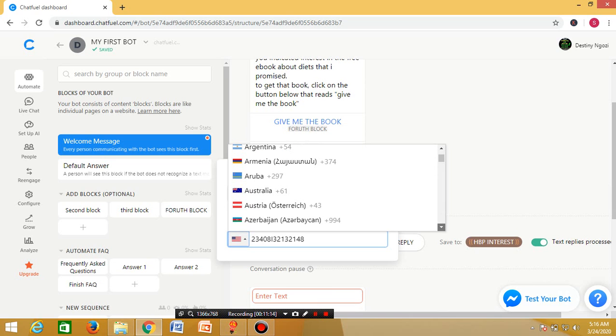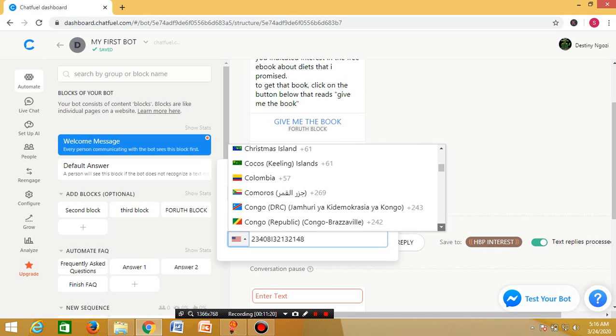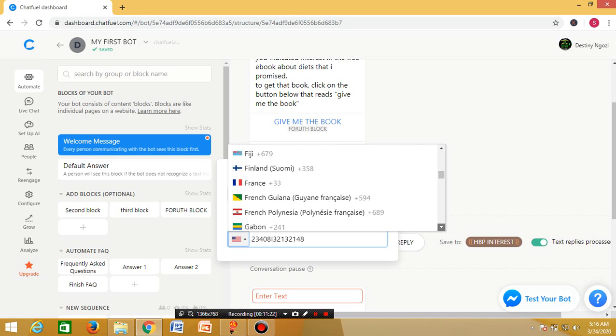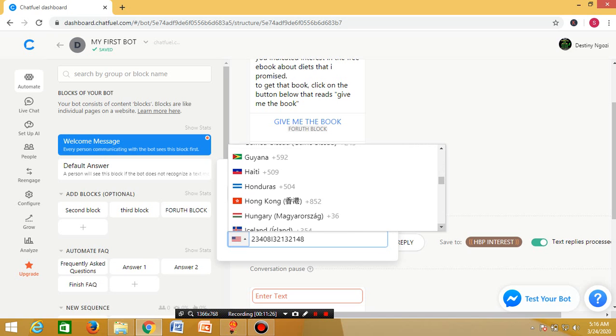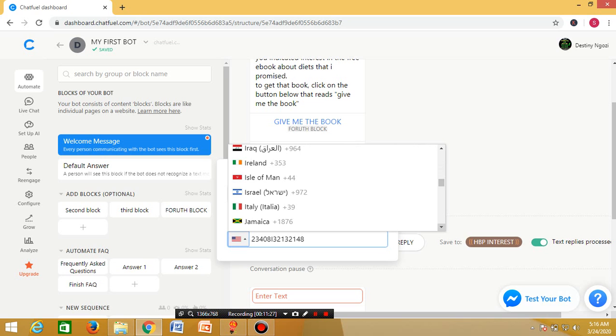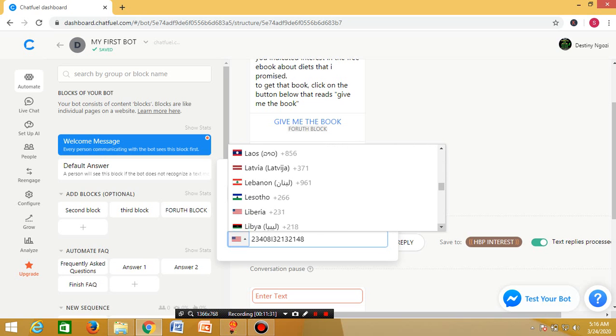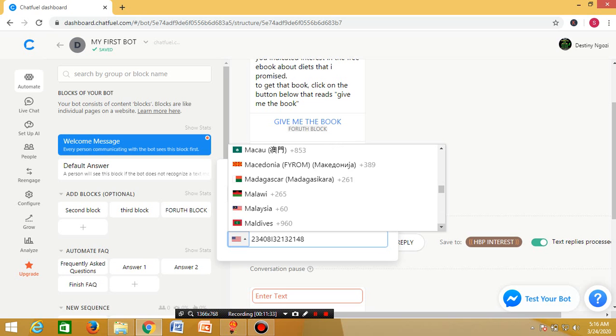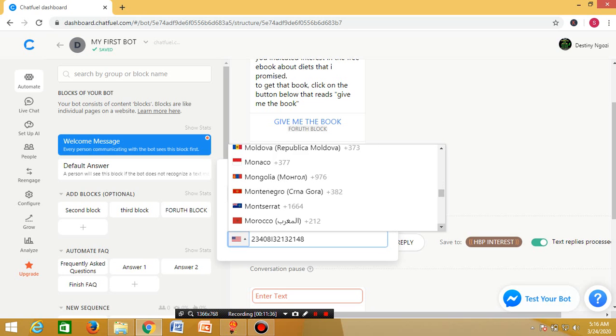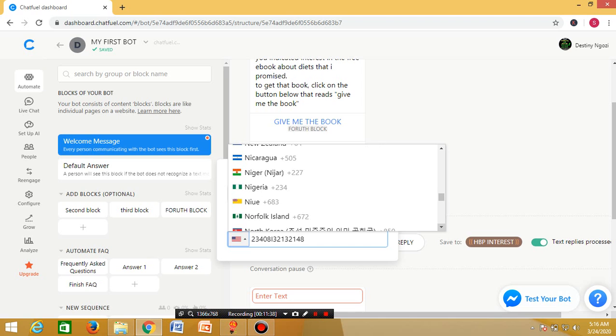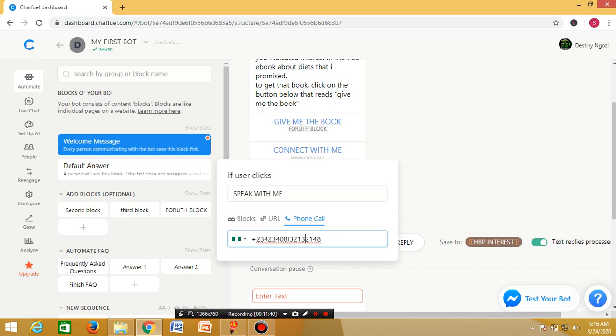This is showing red, meaning there's a problem. Let me see where it's from. Seems the number is not a Brazilian number. So let me just select Nigeria. I thought I did this before now. Okay, this is Nigeria. Then I want to remove